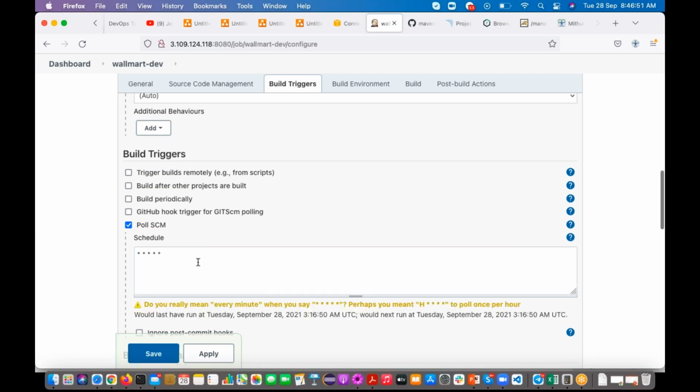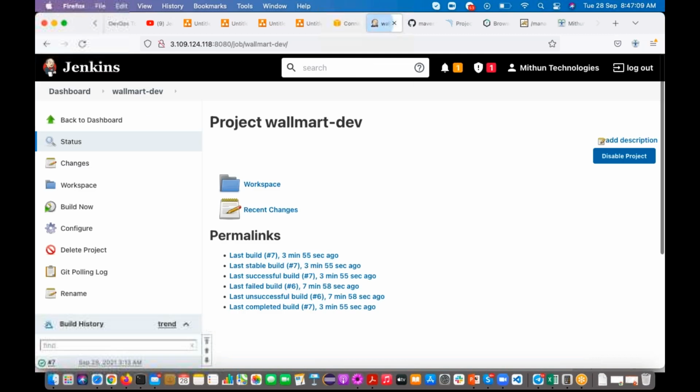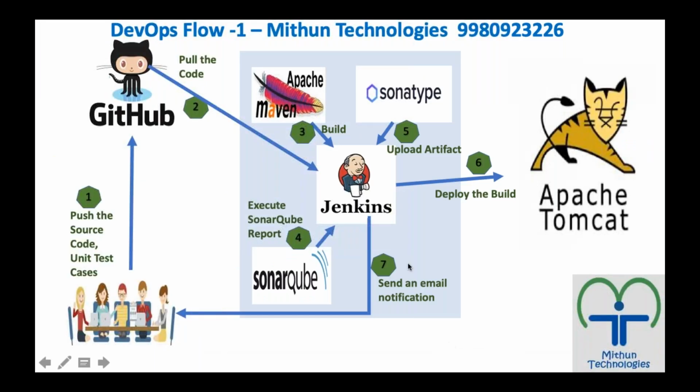So what do we mean by this? All stars means every minute. So the crontab format of all stars means every minute. You can give star by 1 or five stars. So what will happen now? Click on save. Whatever crontab format, whatever schedule time we have given, at that schedule time your Jenkins job will go to